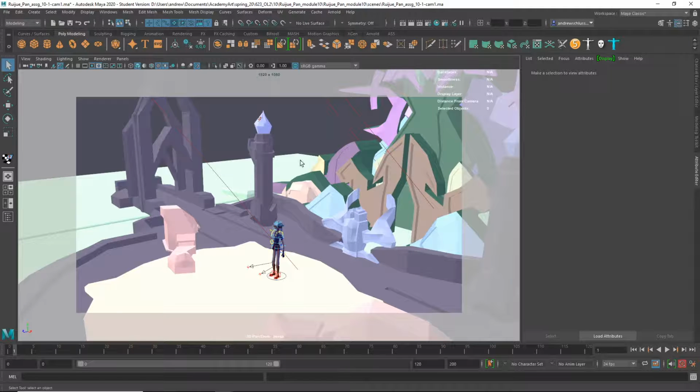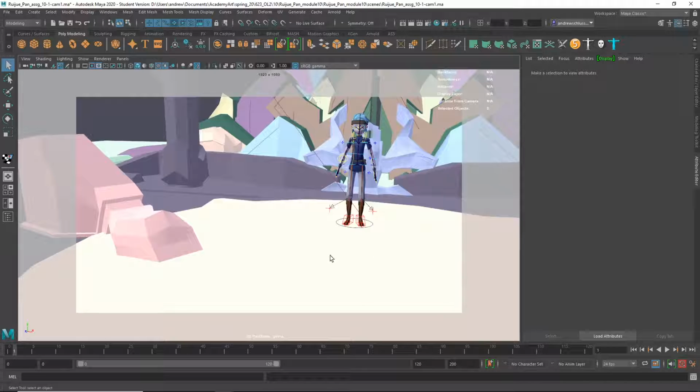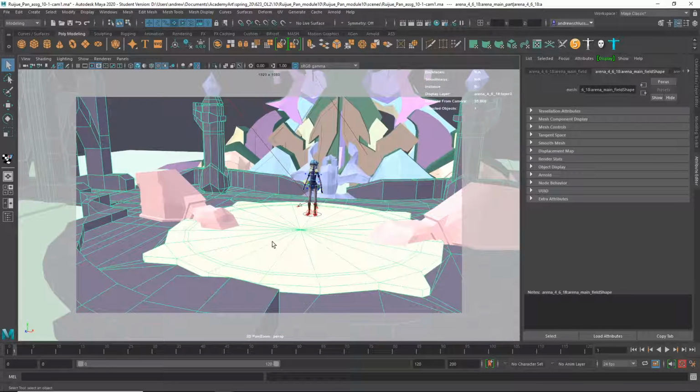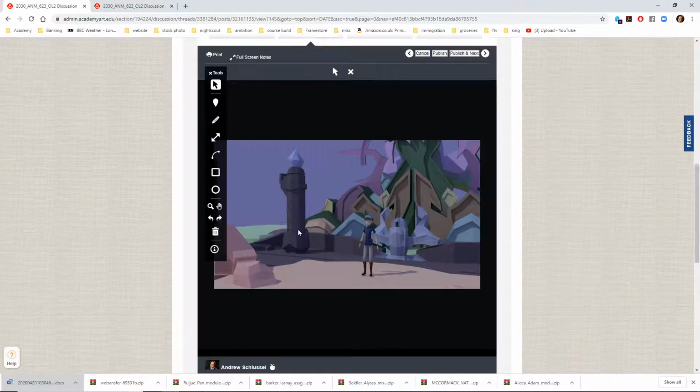I think generally it's okay. I think if you can add some detail in the foreground, because I don't know what this is meant to be or what sort of surfaces are there, but having some foreground detail that the camera will be close to, you know,